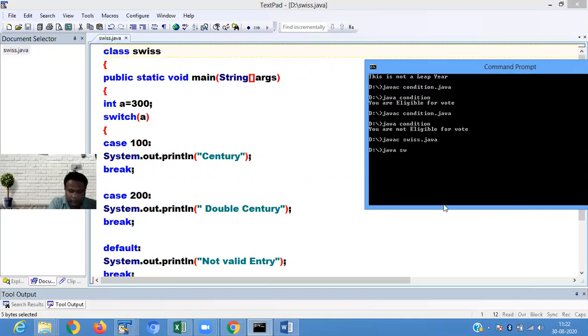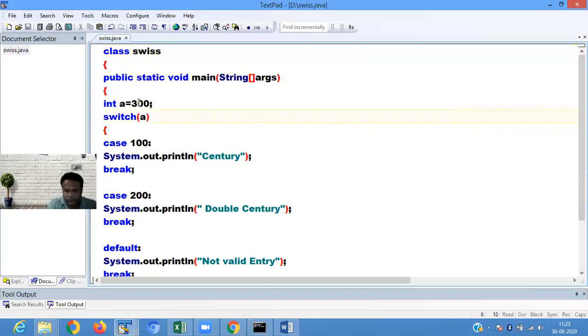Then we execute switch. It is showing you not a valid entry, meaning the default statement is executed. Now if I pass 200 here, then check what the result is.